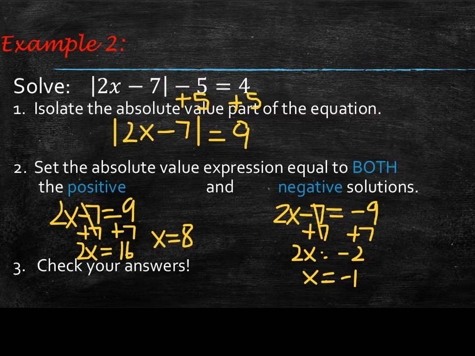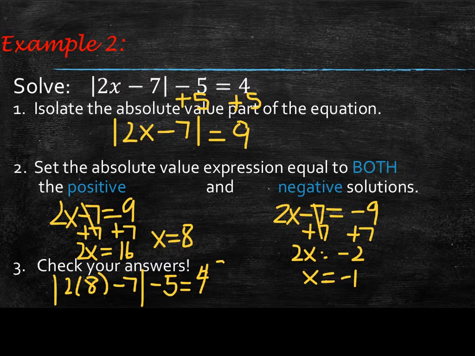Plug them back in to make sure they work. So it would be 2 times the x, so we're going to do 8 first, and then minus 7, take the absolute value of that, subtract 5, and does that equal 4? Well, 2 times 8 is 16. 16 minus 7 would be 9, so the absolute value of 9,